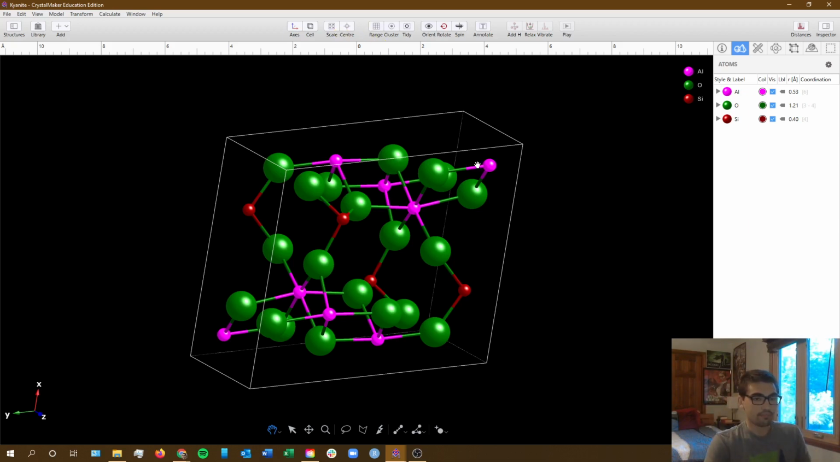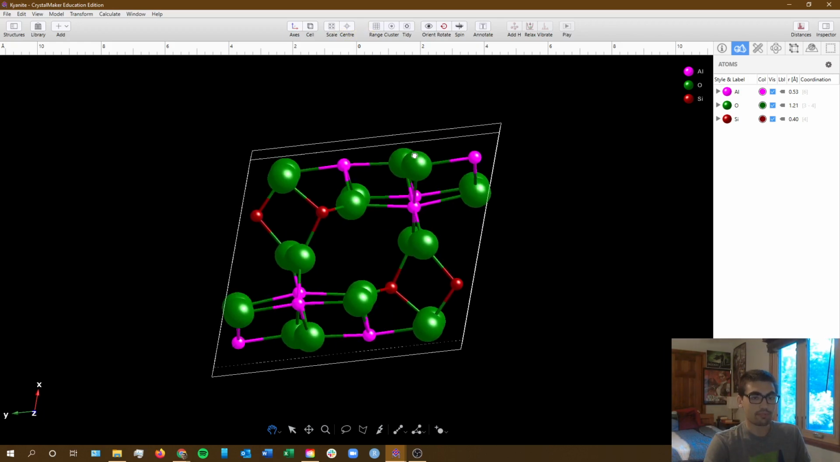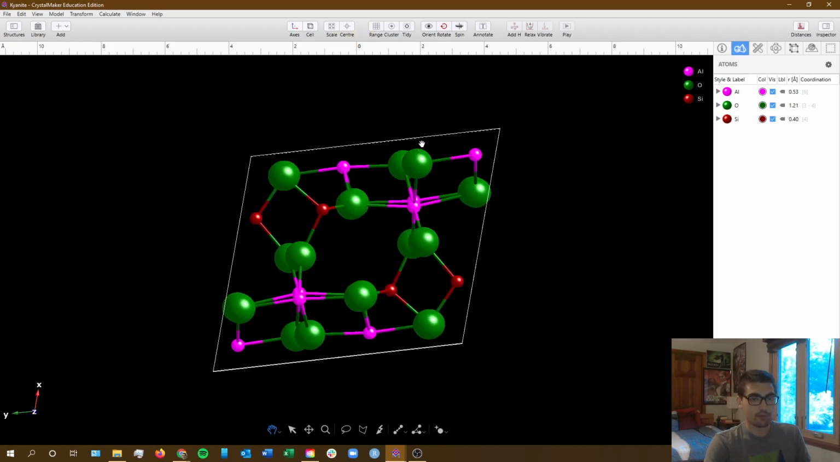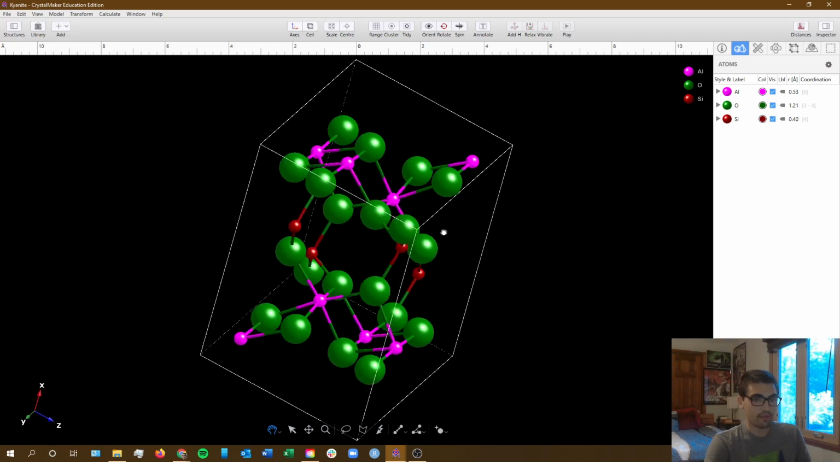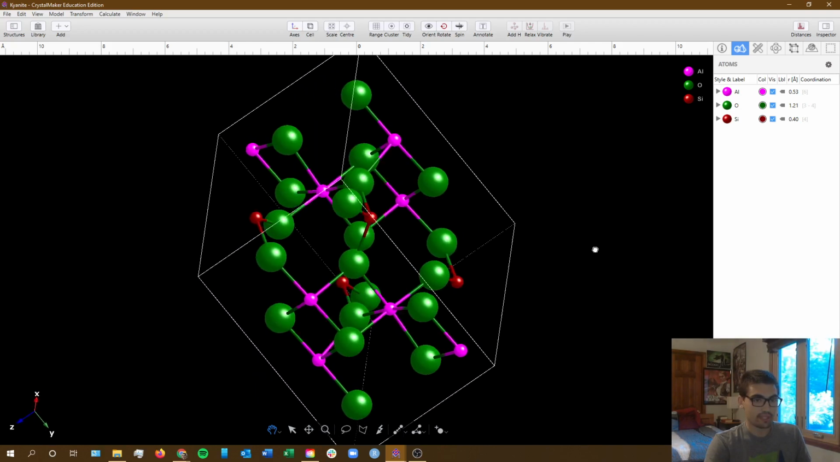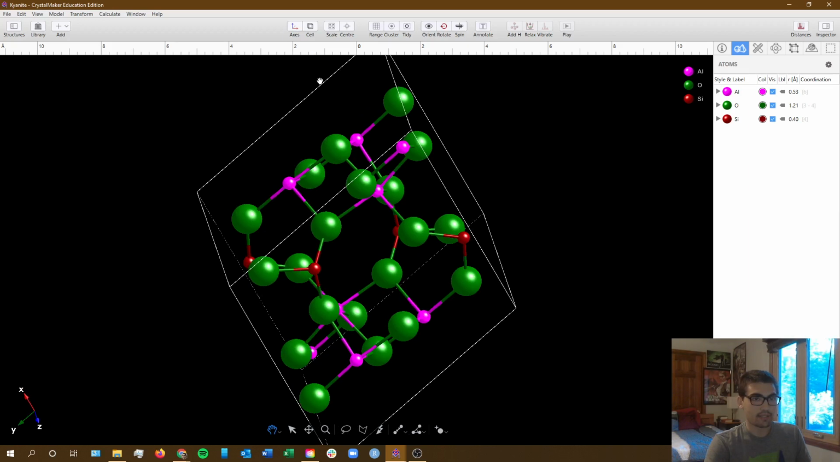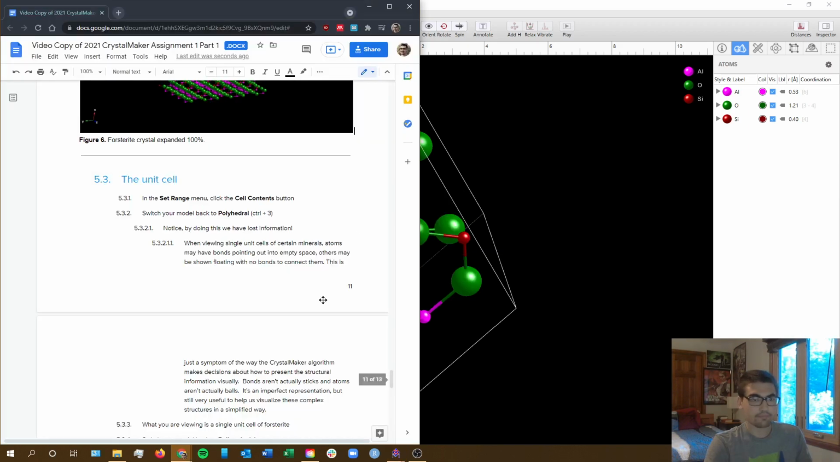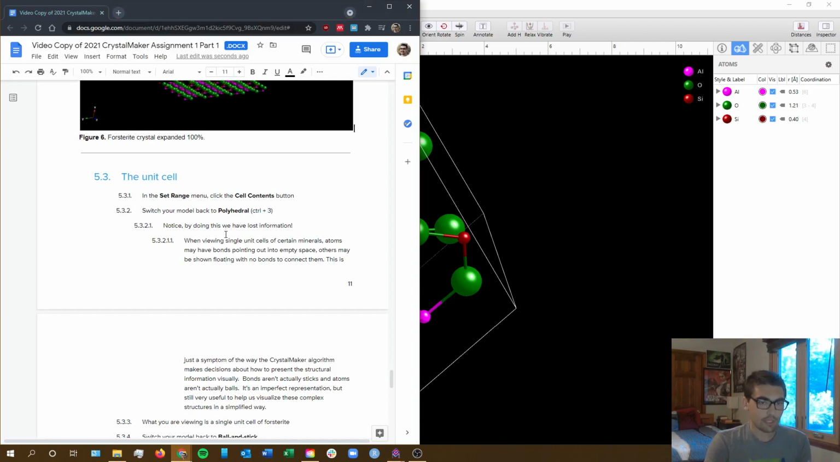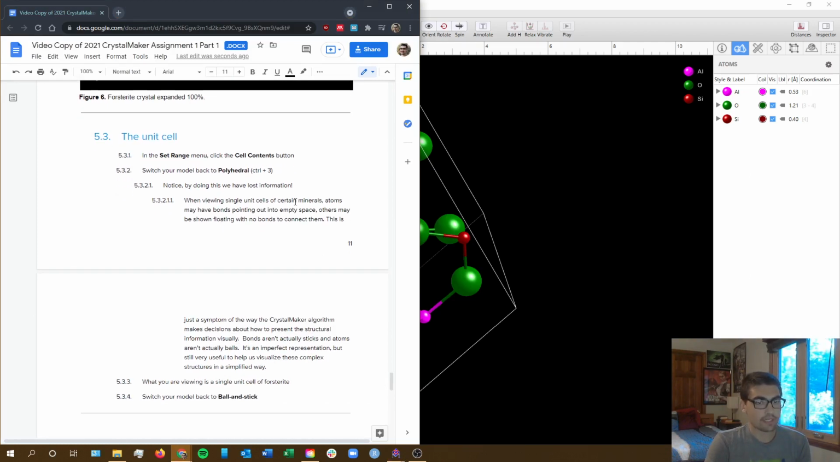So if you noticed before how small the box was in our 100% model, now we've just got everything scaled down to just what is inside this box. Remember, you can turn this off and on with the cell button, just for some fun. Okay, so we lost a bunch of information there, but